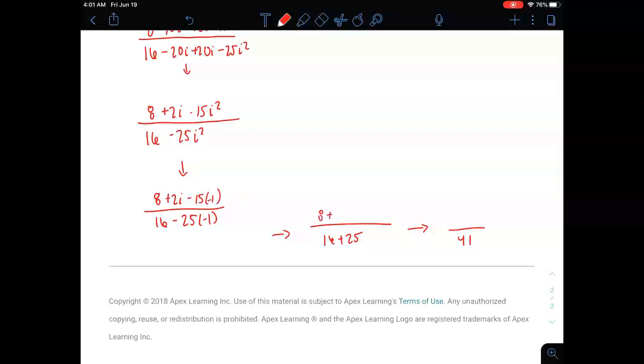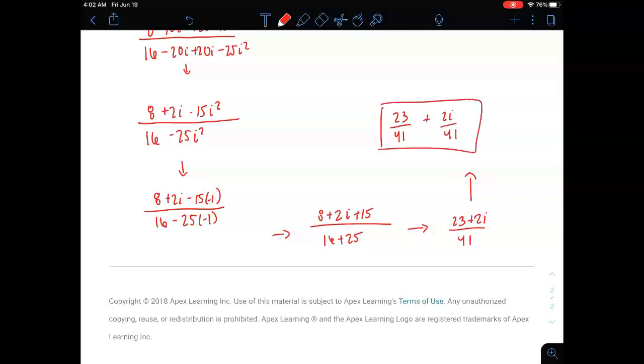8 plus 2i plus 15. So I've got 23 plus 2i over 41. All right, over 41. Now, again, we've got to simplify this. So the final step is I've got to write it as 23 over 41 plus 2i over 41. All right, so that is the simple